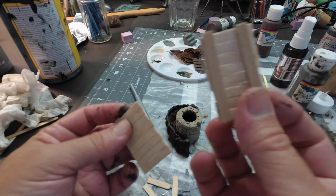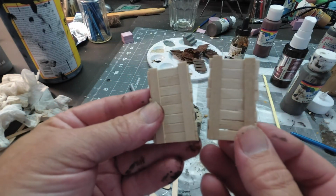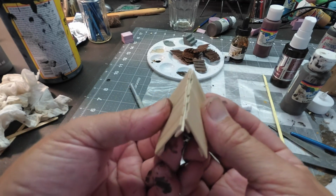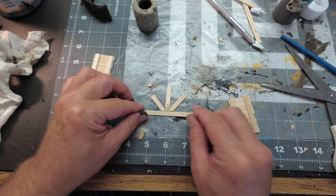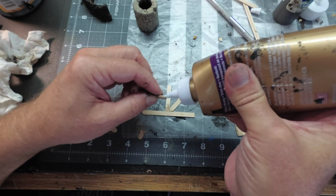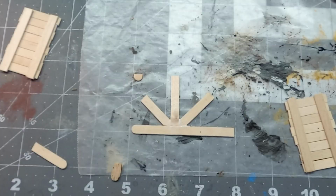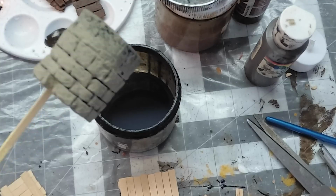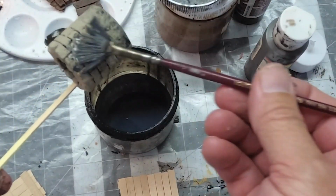So what I did is I just took a couple of my coffee stirring sticks and made a couple of roof pieces, which are going to go like this. The side supports will look something like this, so I'll go ahead and use my tacky glue here. And I'll set these aside to dry while I go back to my well and finish this with a black